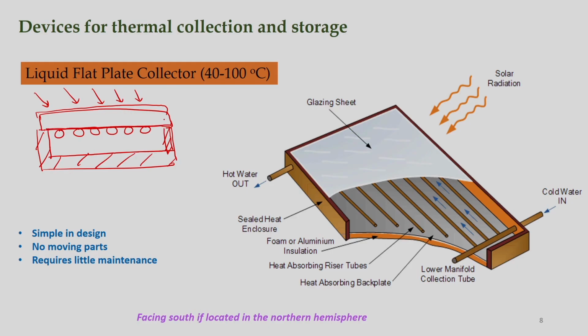made in black color, so that maximum solar radiations can be absorbed, and this heat has to be transferred from this absorber plate to this fluid. This is a tube, and this is brazed in this absorber plate. Sometimes this kind of absorber plates are also available. In a single system, they made something like this, and fluid flows through these tubes, and these are heat transfer fluid, and finally